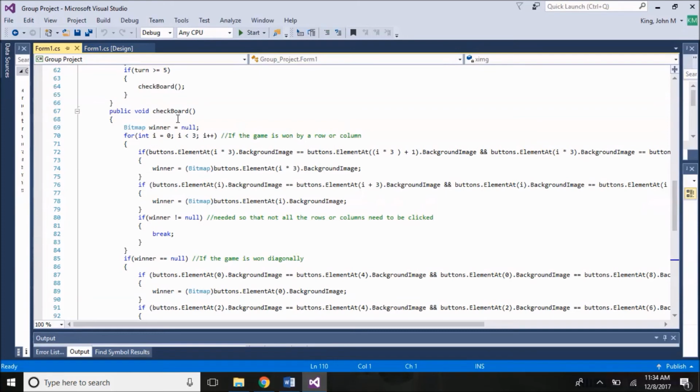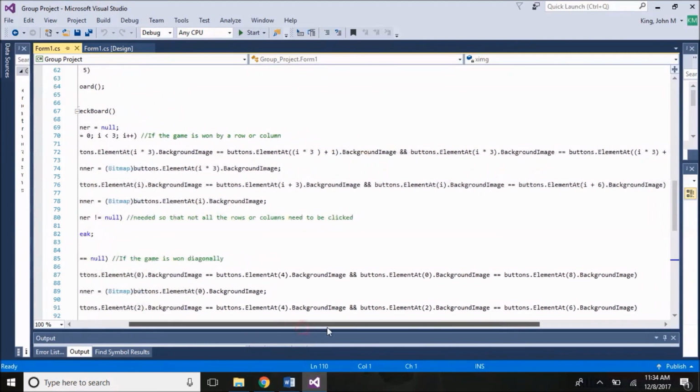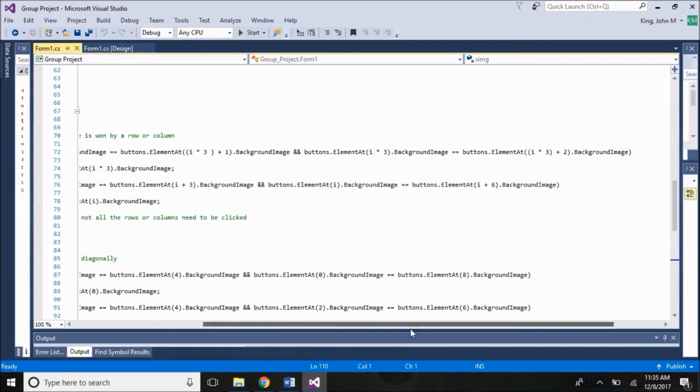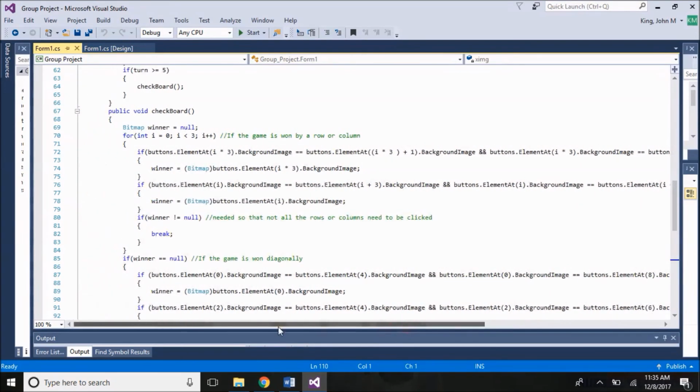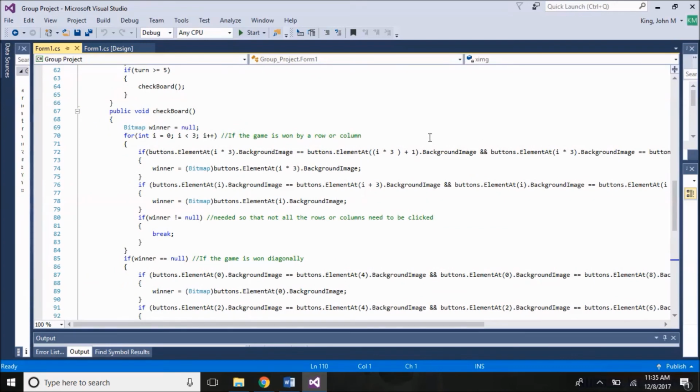Okay, so for the public void checkboard, we're going to be checking to see if there is a winner. For this first for loop, we're checking to see if the game has been won by a row or column. You have to get 3 in a row to win. It's tic-tac-toe. And so first we have the element, so this is the first button. And if the image is clicked and it's equal to the next one, and it's also equal to the next one next to that, that means there's 3 buttons clicked in a row. This is for the row, then we have a winner. This is for either of the rows, so we have 3 rows. So as long as 3 buttons are clicked in a row for the same X or O, then that's the winner in a row. And for the column, it's pretty much the same,